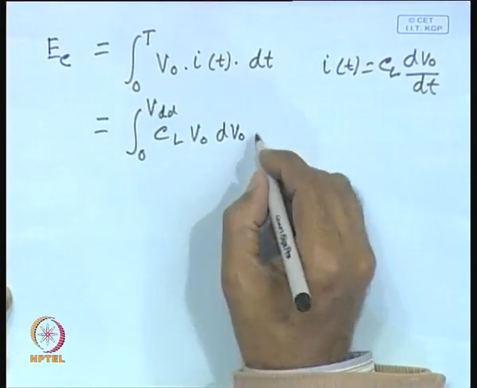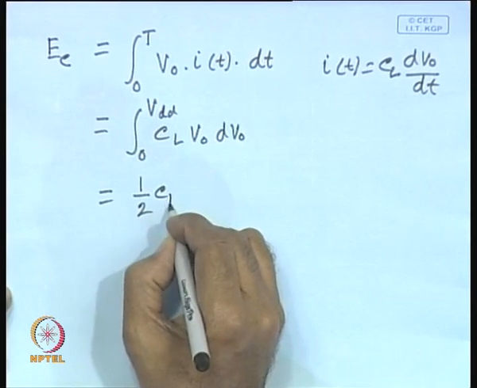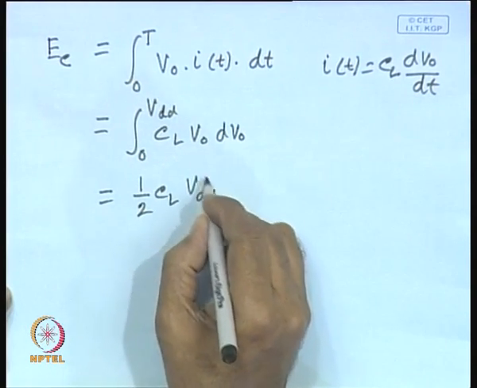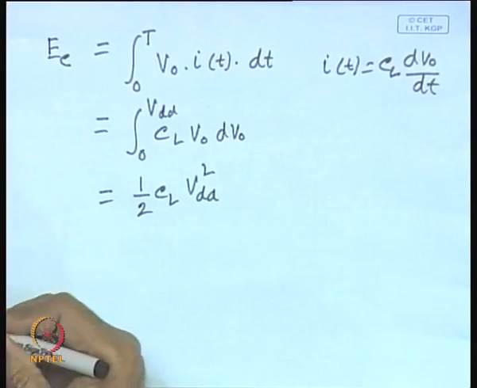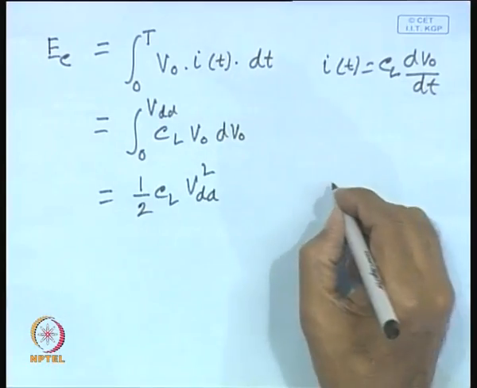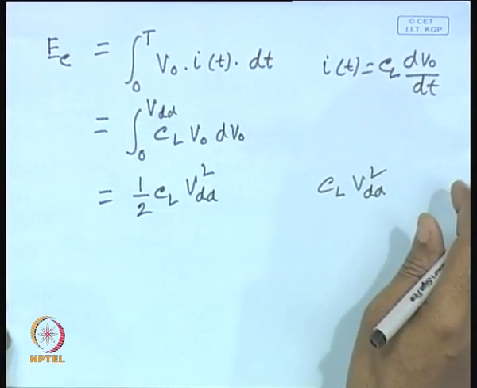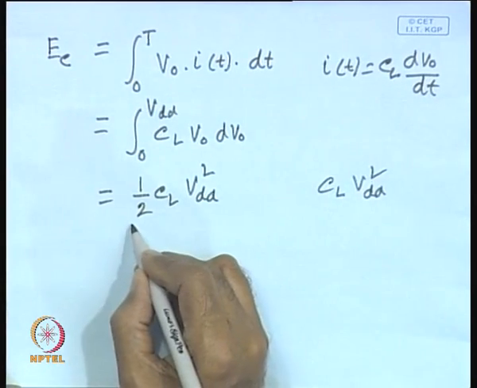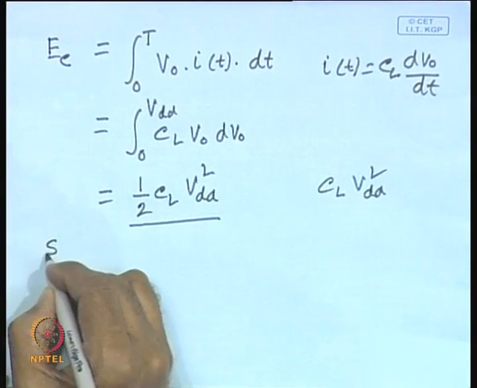If we evaluate this, we get half CL VDD square. So, the energy stored in the capacitor is half CL VDD square. That means, out of CL VDD square drawn from the power source, half of it is stored in the load capacitance,